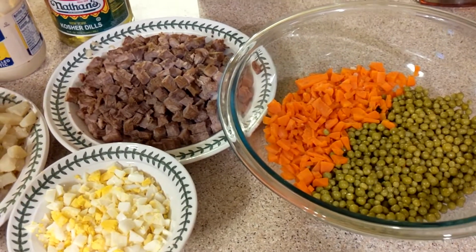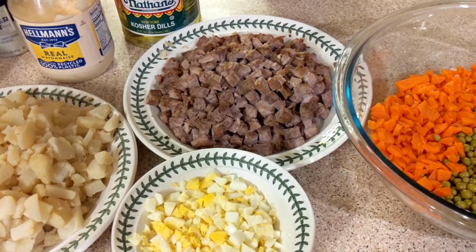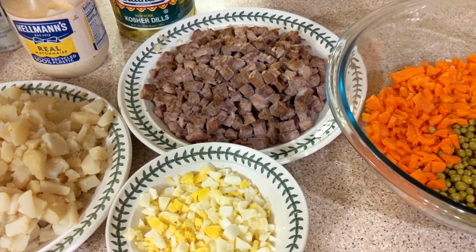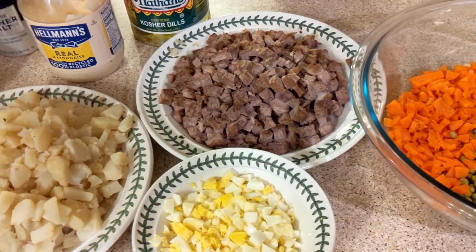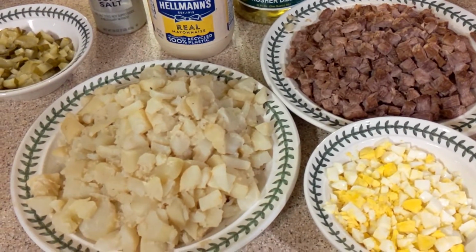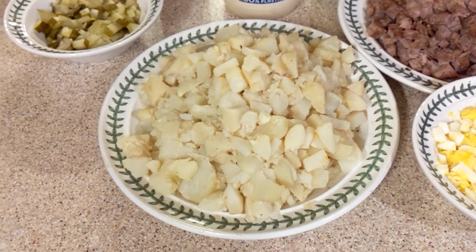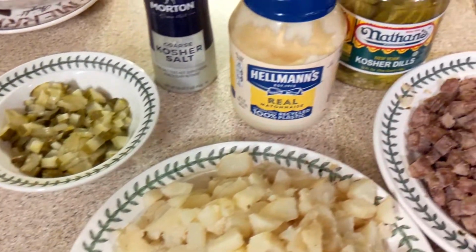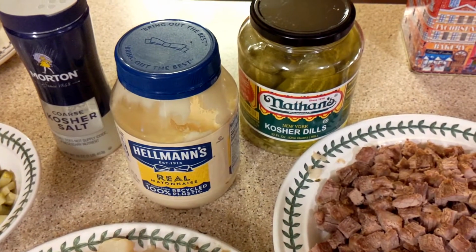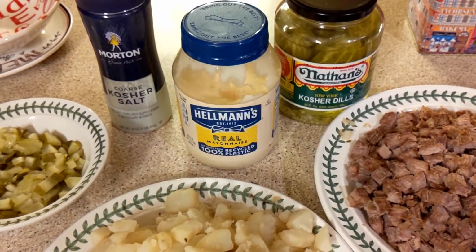So main ingredients: beef. I never use any different. Some old days we use like bologna sausage because it was an issue with the meat. You just cannot get it in old days Soviet Union. Potatoes. This is about 2 pounds, about six average size potatoes. Pickles like this, all right, without any extra taste. This is the best, and this is only like keeping refrigerated. It's cool stuff. Mayo,